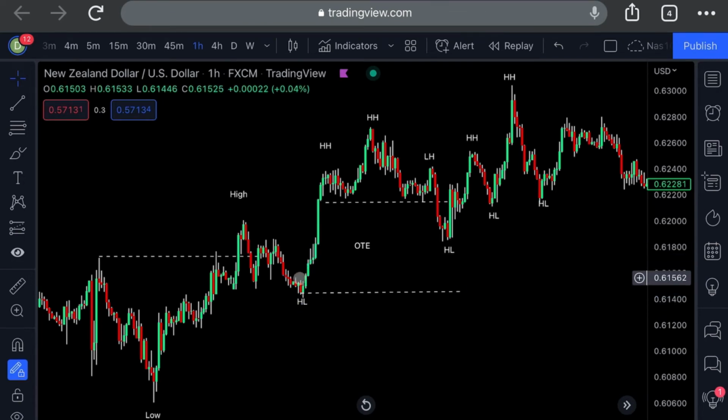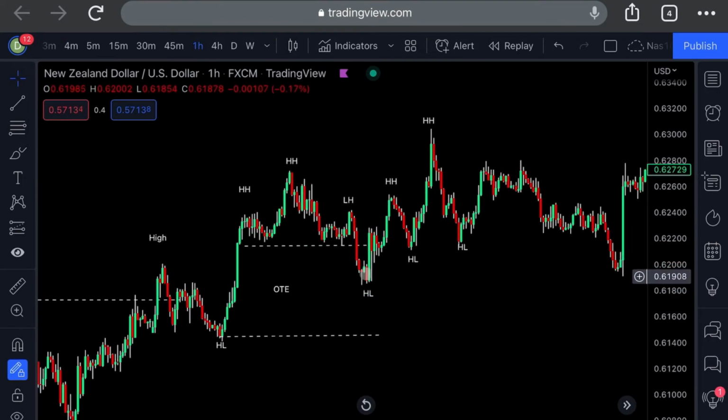Traded into an optimal trade entry, and then what did the price proceed to do? Price proceeded to trade above this lower high right here, creating a higher high from this higher low right here. Created a new high. Then price dropped down, creating a higher low, which is higher than this higher low. Price then created a new price leg right here, creating a higher high, higher than this high, and this past